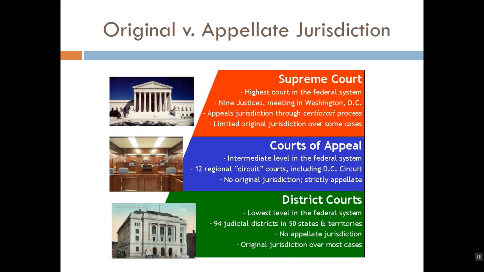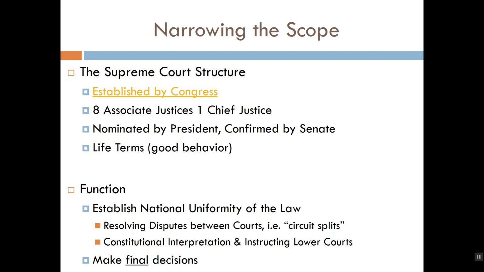The original jurisdiction of the Supreme Court is extremely limited, but it is constitutionally protected, whereas the appellate jurisdiction of the Supreme Court is very broad, but subject to rules and regulations or exceptions as Congress shall make. So let's talk a little bit about the Supreme Court of the United States of America,